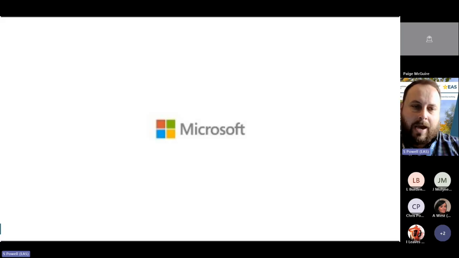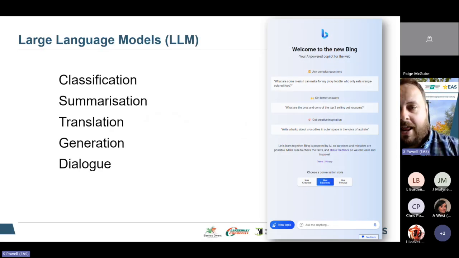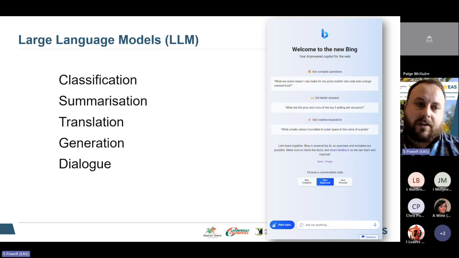an LLM actually is. So the LLM, basically the large language model, is a term that refers to AI models that can generate natural language texts from large amounts of data. What it can do is it does certain tasks, as it says on the screen there. It can do things such as classification, summarization, translation, generation, and also almost like a dialogue with you. And I think the key thing to note, and we'll focus on this in session 3 when we look at effective prompt craft for using these tools, is almost like thinking of it as an assistant, as if you're having a conversation with the tool as well.